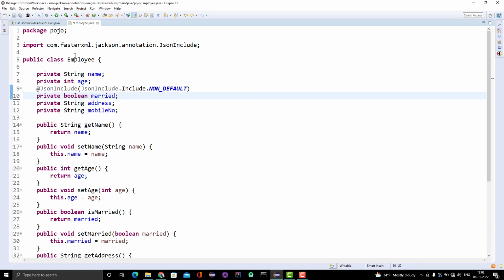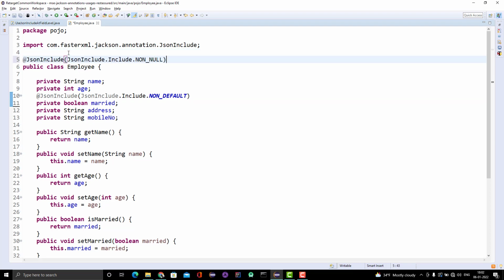What I want here is non-null at class level. It means if any value is null here, then don't include that in the JSON during the serialization. And for this married, we are using the JSON non-default. Let me see if it is working or not.